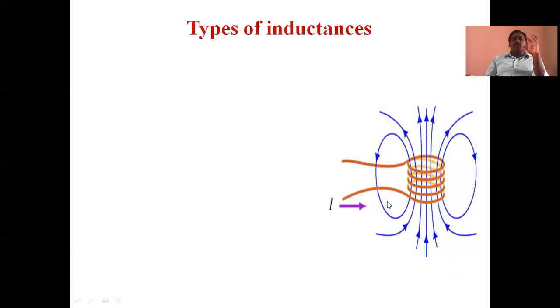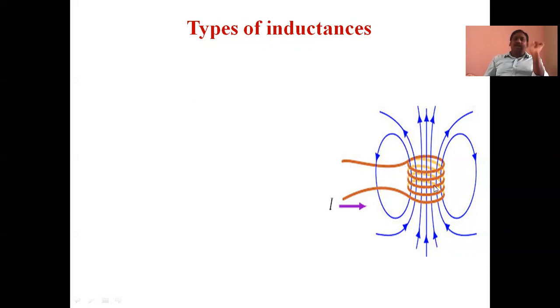When current flows through coil number 1, the direction of current is like this. What happens here is, when current flows through the coil, a magnetic field is produced. Why? Because any current carrying conductor establishes a magnetic field. That means flux is produced by the current carrying conductor. Is it right or not? That flux is nothing but internal flux. Why? Because the flux is produced in conductor 1 when current flows through conductor 1. That means due to its own coil current, the flux is produced in coil 1. That's why it is called internal flux.